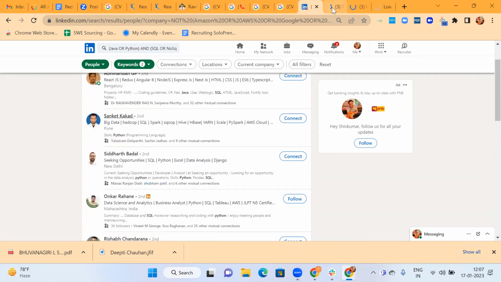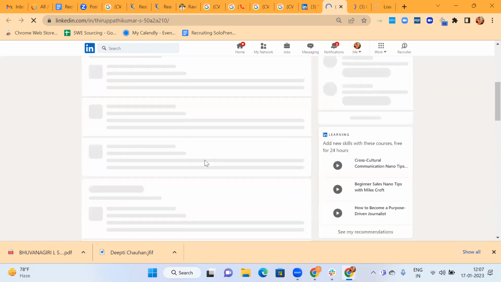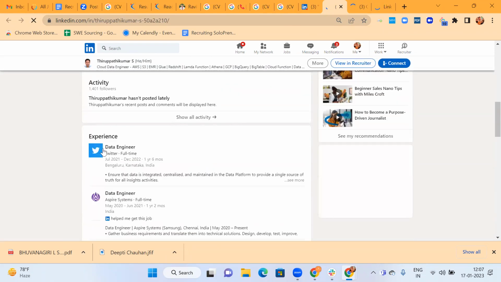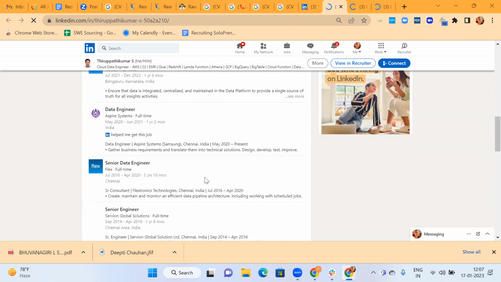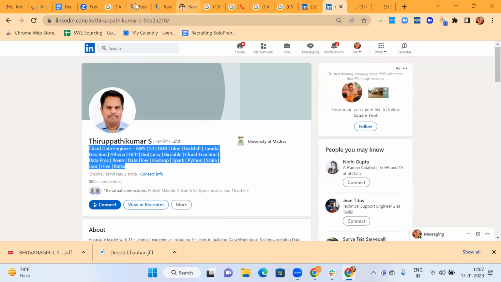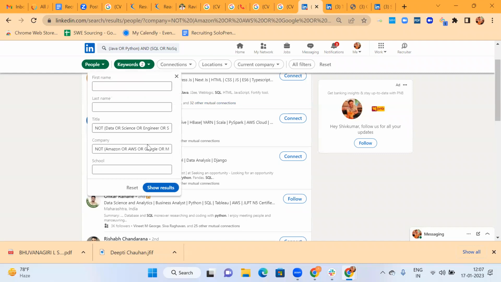There's a difference between headline and title. So this is headline, and these are the titles. Strange, that is still coming. Where is it? Let's use not data, not science.